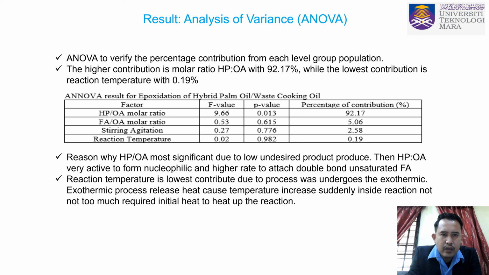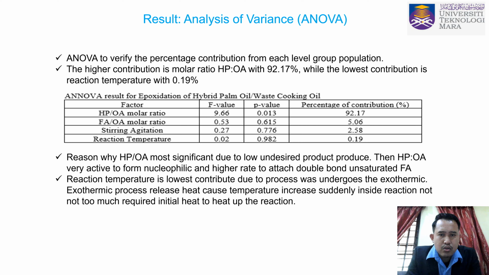So ANOVA, to verify the percentage of contribution of each level in the population. We want to check whether hydrogen peroxide played a major role in the production of epoxide, or formic acid, or stirring agitation, or reaction temperature. So ANOVA checks the contribution of the level population. The highest contribution based on the result is from the hydrogen peroxide, which is 92.17%, while the lowest contribution